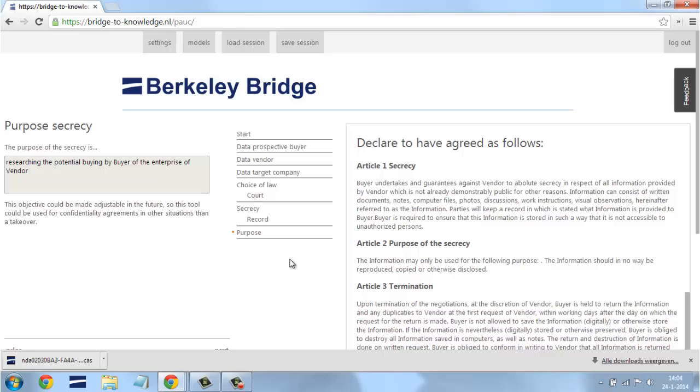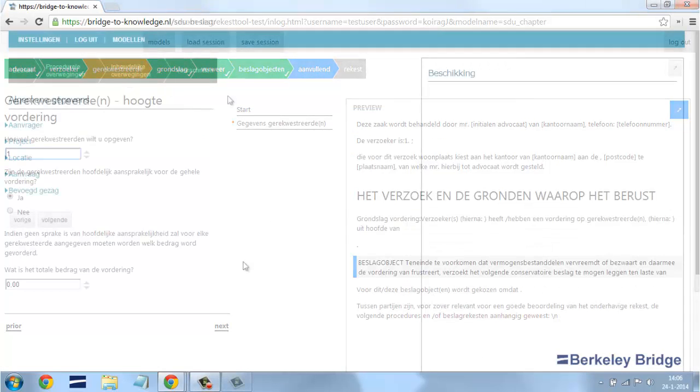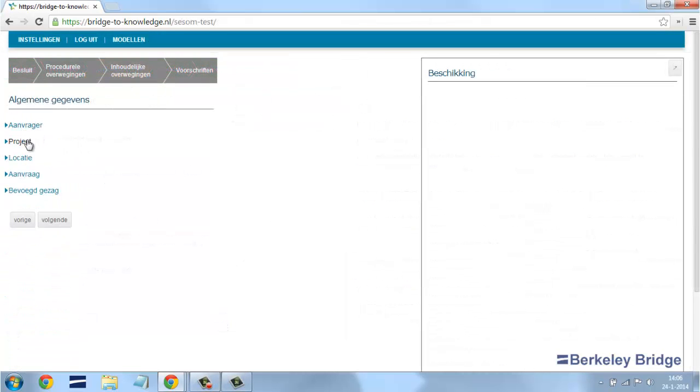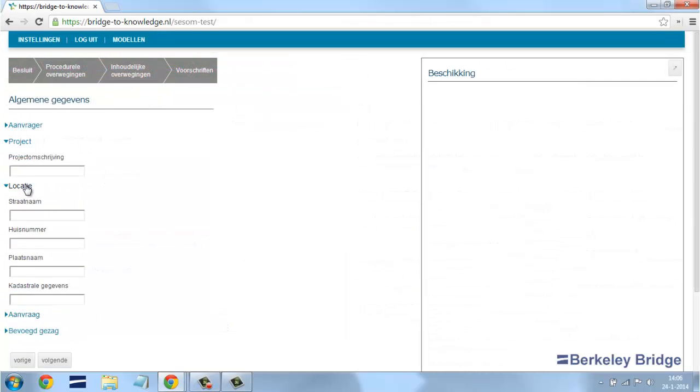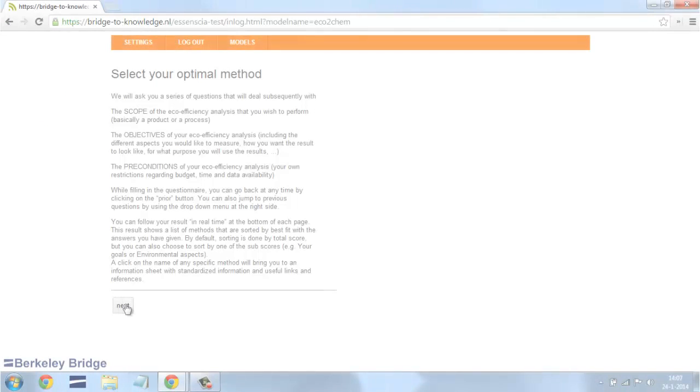Also, Berkeley Bridge is currently working on expanding the features available in the online application. These include improvements for organization of applications with more extensive decision trees, working more efficiently with multiple languages, and more. Before we go on to the web admin, let's take a look at one more example of what is possible